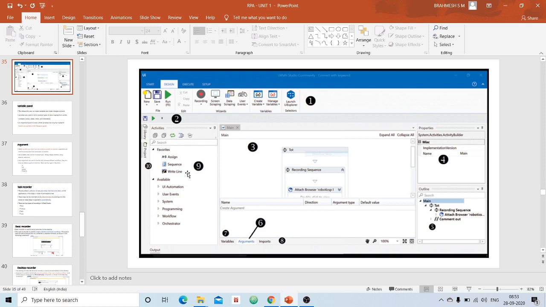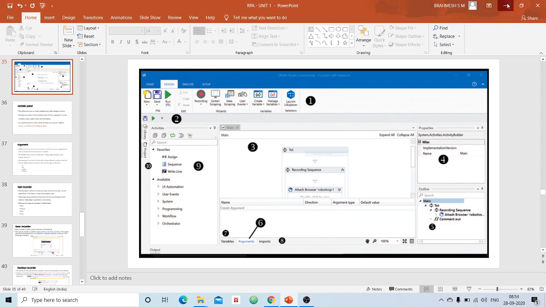The doubt was whether we can use a single quote to define a string, and my answer was no, you can't use a single quote to define a string. You have to use double quotes itself. First I will prove that with the same application which we took to understand the environment of UiPath Studio in the previous class. After that I will complete the last component of the first unit, called task recording, which is once again an important feature for building robots using UiPath Studio.